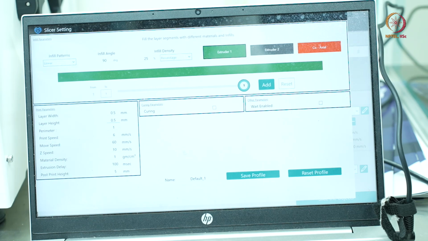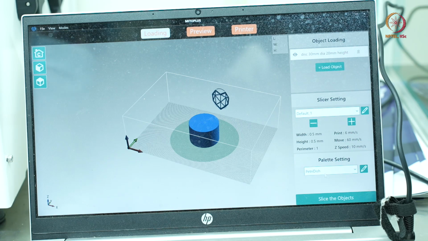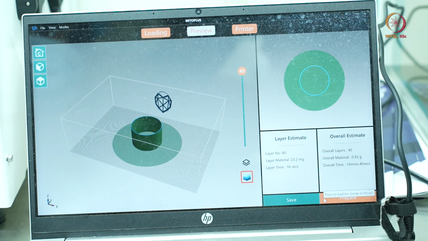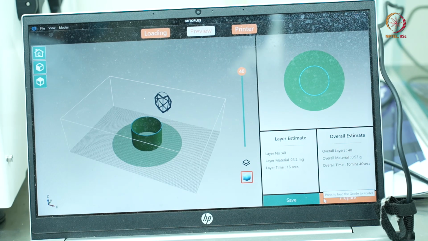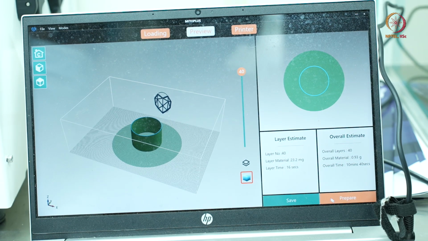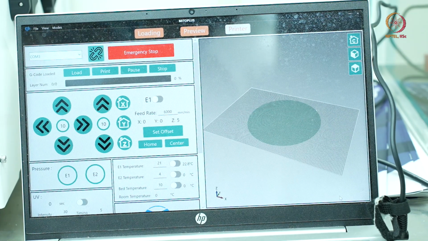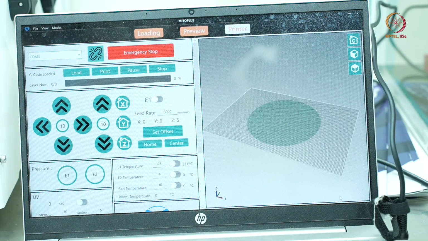Now, if I say save profile, then it will essentially save all these parameters. Once that is done, you can start to slice the object. Now, if you slice the object, you will be able to see it preparing. So it is now preparing. It will take around 10 minutes, right? Yeah.